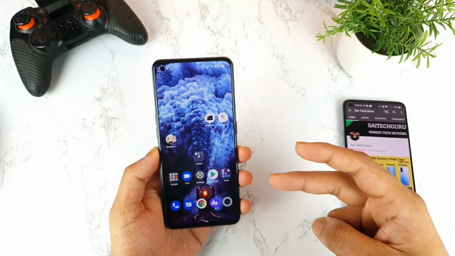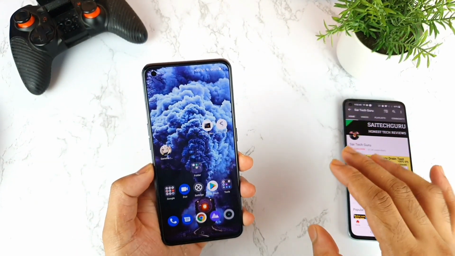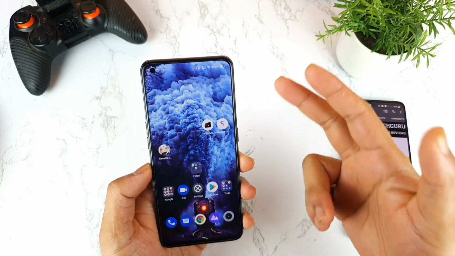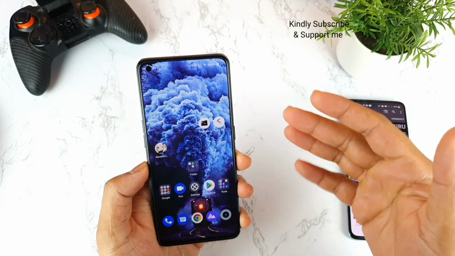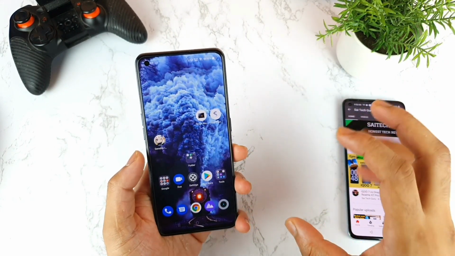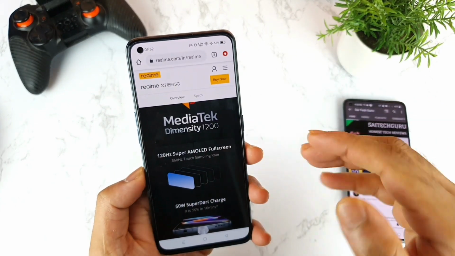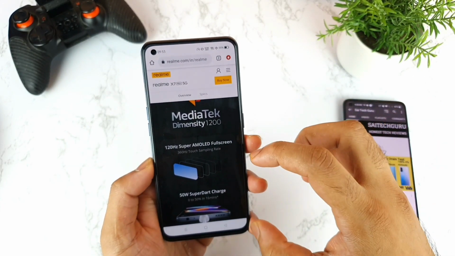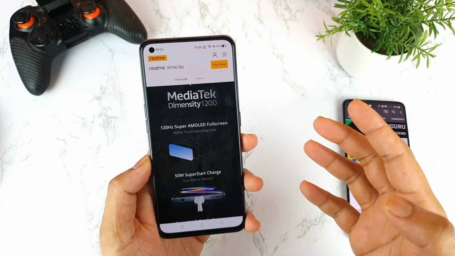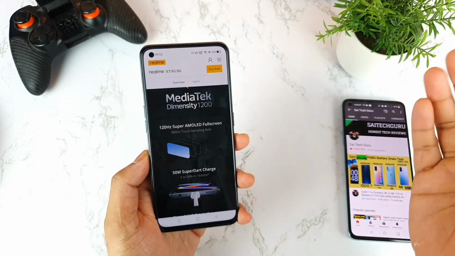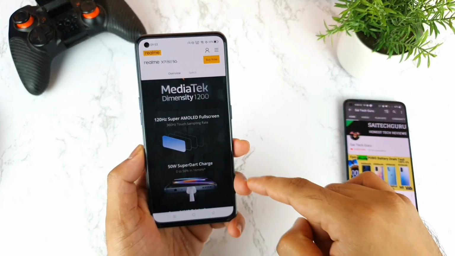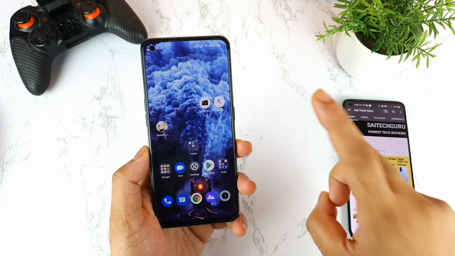Right now there are two different types of testing I'll be doing. Test number 1 is by adding these two applications into the game space, and test number 2 is by removing them from game space. The reason I'm doing this testing is that in a few smartphones the highest touch sampling rate is designed in such a way that it will only perform in games, not in normal applications. You cannot get high touch sampling rate everywhere, only for games in a few smartphones. That is what I'm trying to find out, whether it's there in this phone or not. That is the reason I'll do the testing two times.